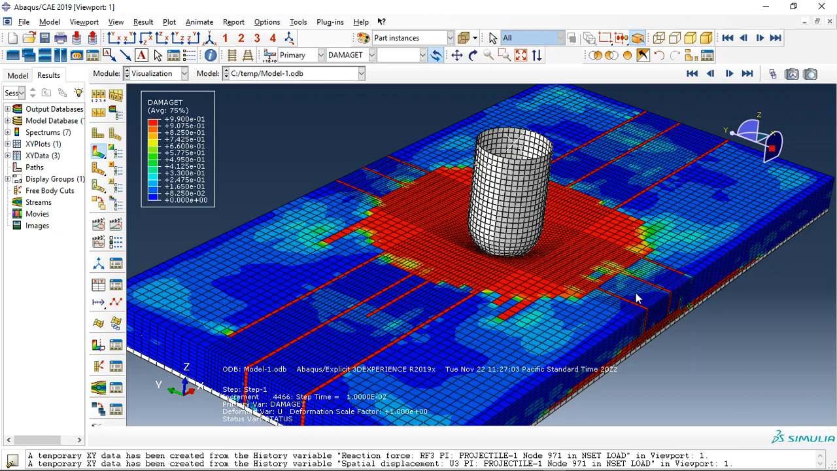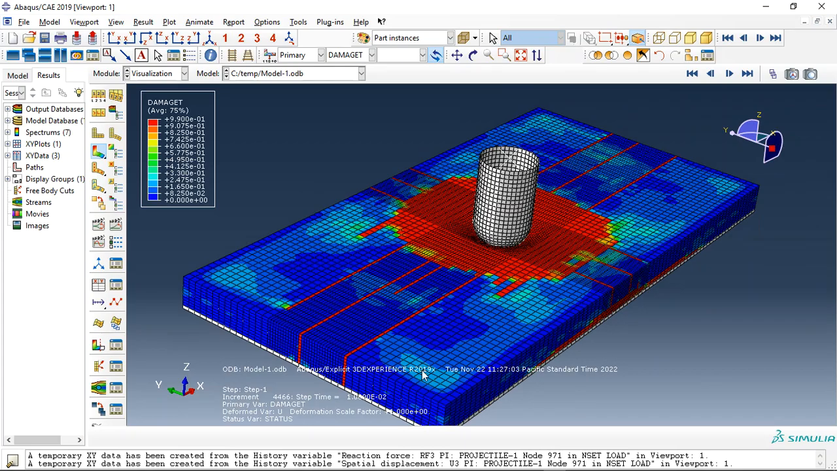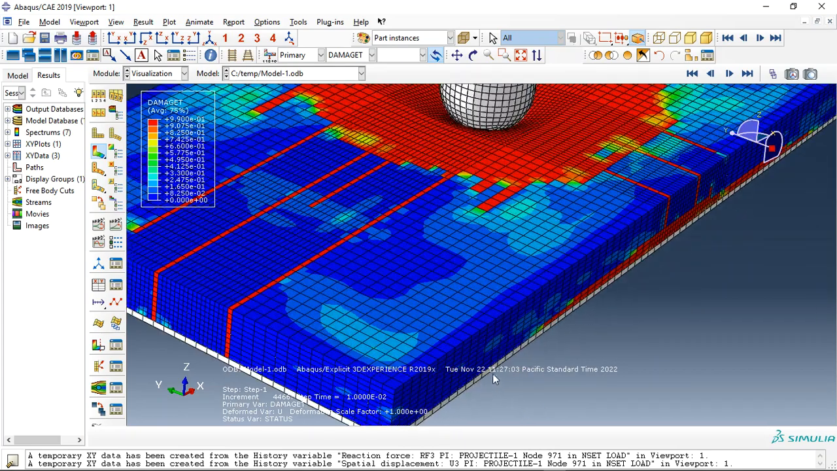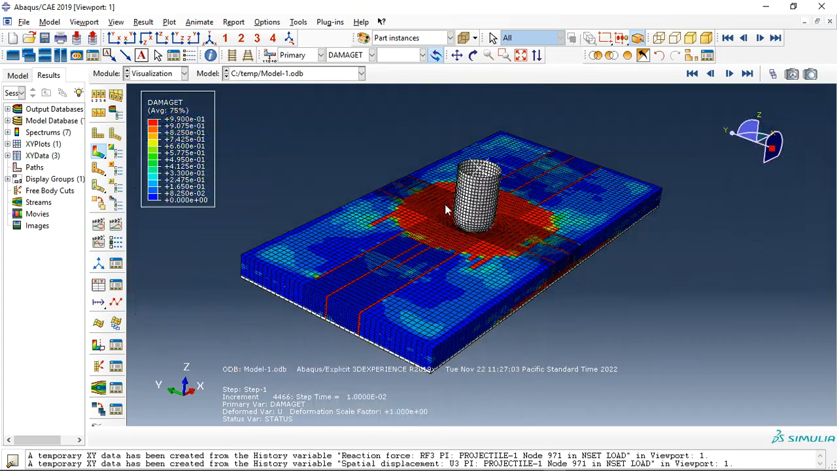And this is the simulation of the concrete slab pre-tensioned with steel rebar and reinforced with GFRP plate under low